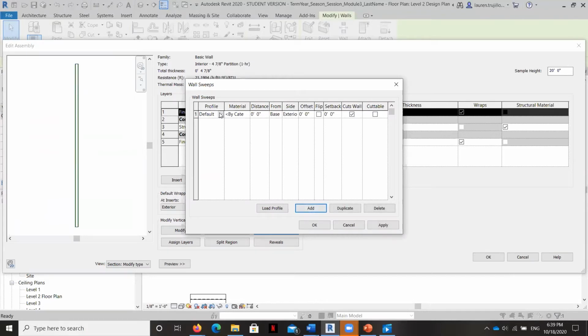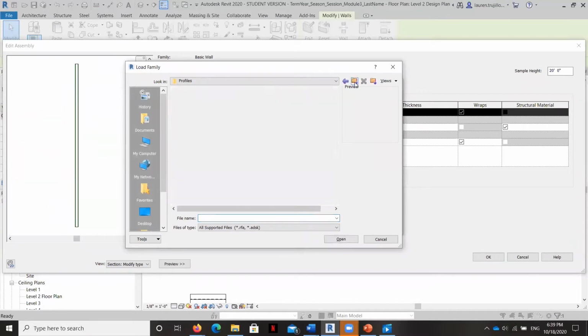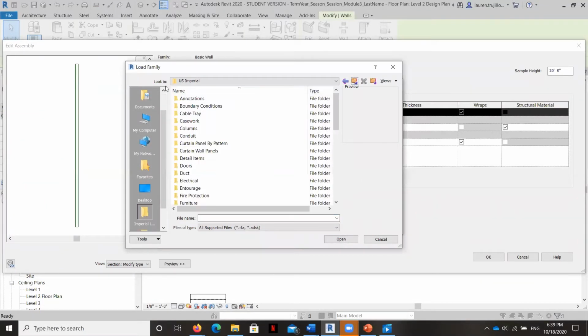And we are going to go ahead and load the profile because there's going to be some here and there's some that I've already loaded, but yours may not have any of these. And so we're going to start by hitting load profile. And if it doesn't direct you here, what you're going to go to is, let's see, it's under profiles and it's finished carpentry.